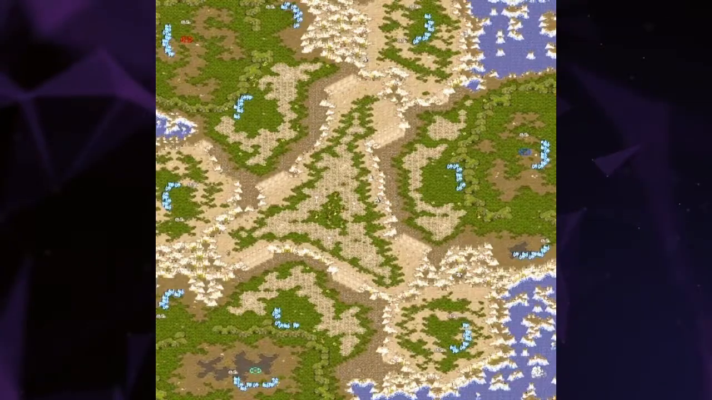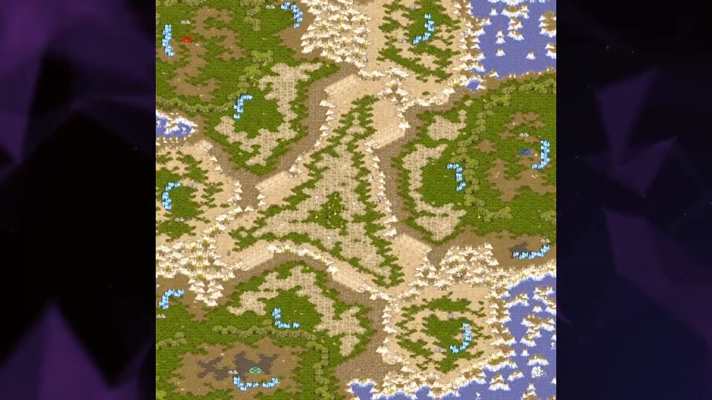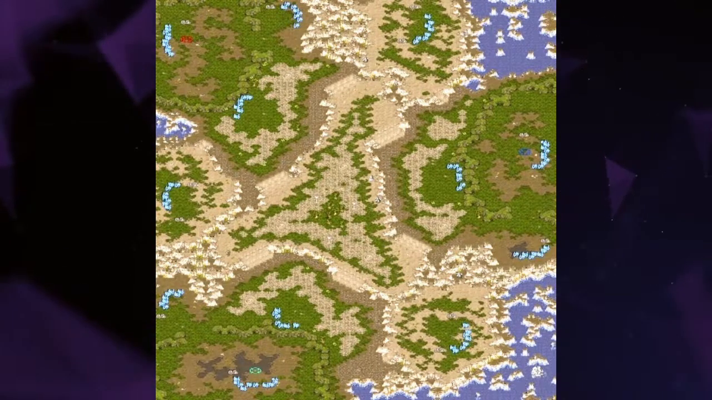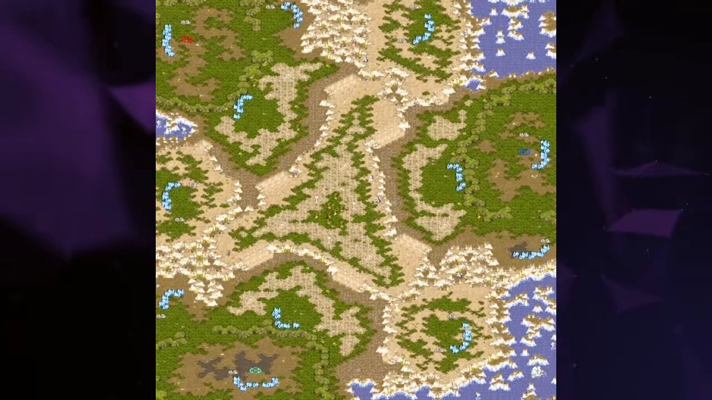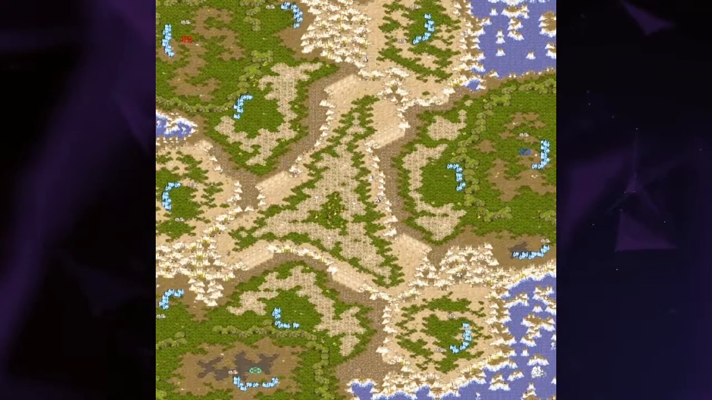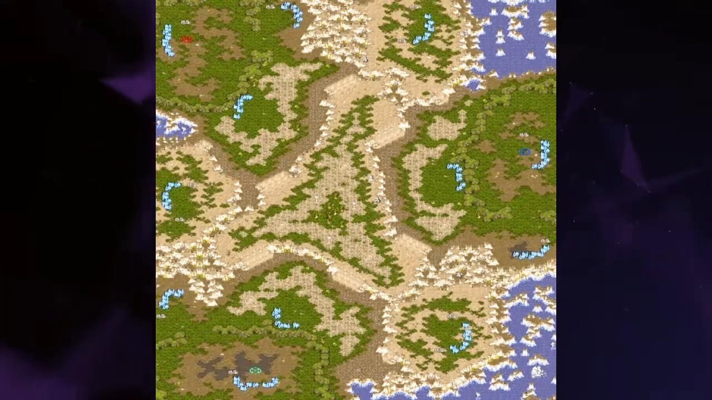Another one is Longinus, another 3 spawn map, very interesting, and again very interesting construction. A medium choke leading out of your natural, a medium choke leading out into the rest of the world. But again, on this one, the third base is very, very difficult to hold. You can see that there's